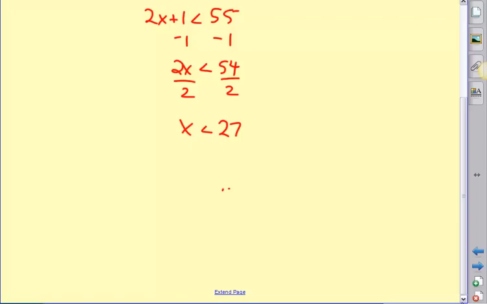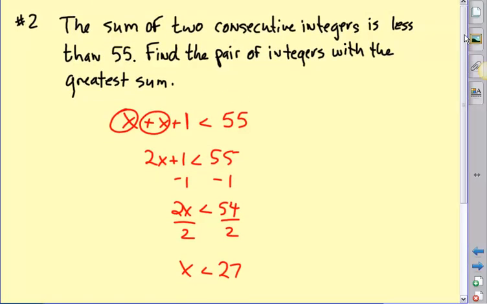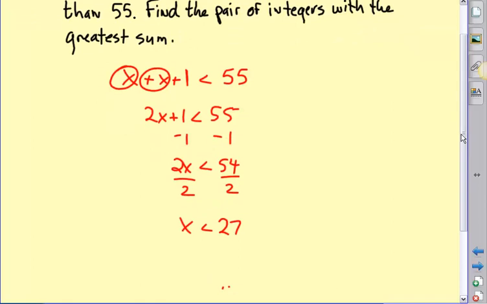Okay? Now, let's go back to what the problem said. The problem said the sum of 2 consecutive integers is less than 55. Find the pair of integers with the greatest sum. Well, I know that the smallest is x, Steele said. The next one is x plus 1. I know the smallest one has to be less than 27. So what can the smallest one be, Drew? The smallest one could be, wait, x is less than 27, so the smallest